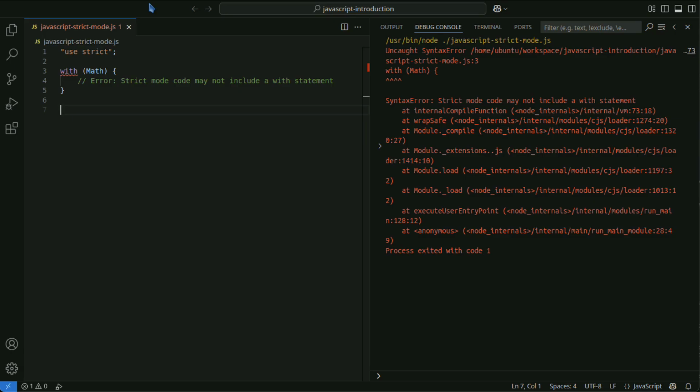JavaScript's strict mode is an extremely useful feature for improving code quality. In particular, for large-scale projects or team development, it is recommended to actively use strict mode to prevent unexpected bugs and errors, and to enhance code readability and maintainability. Understanding and properly applying strict mode helps avoid JavaScript pitfalls and enables safer, more efficient development.